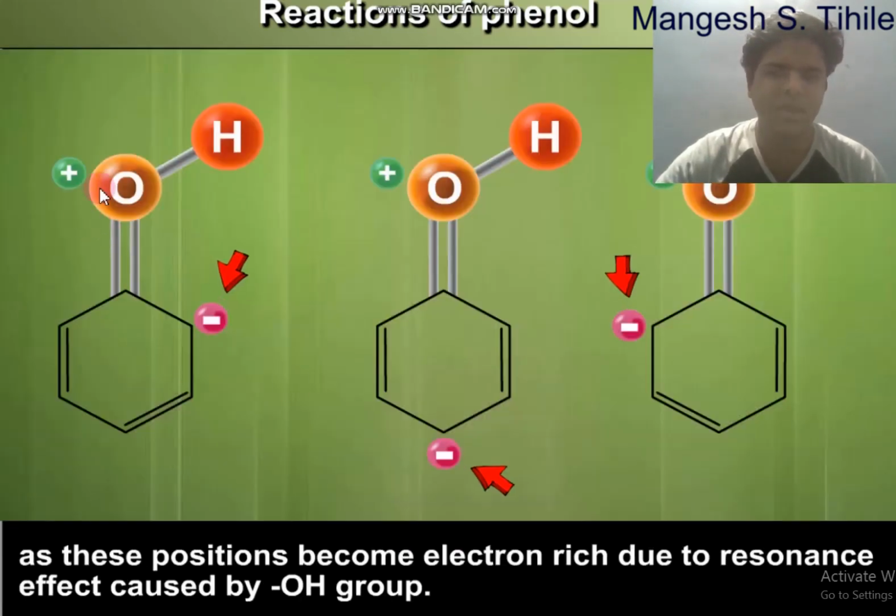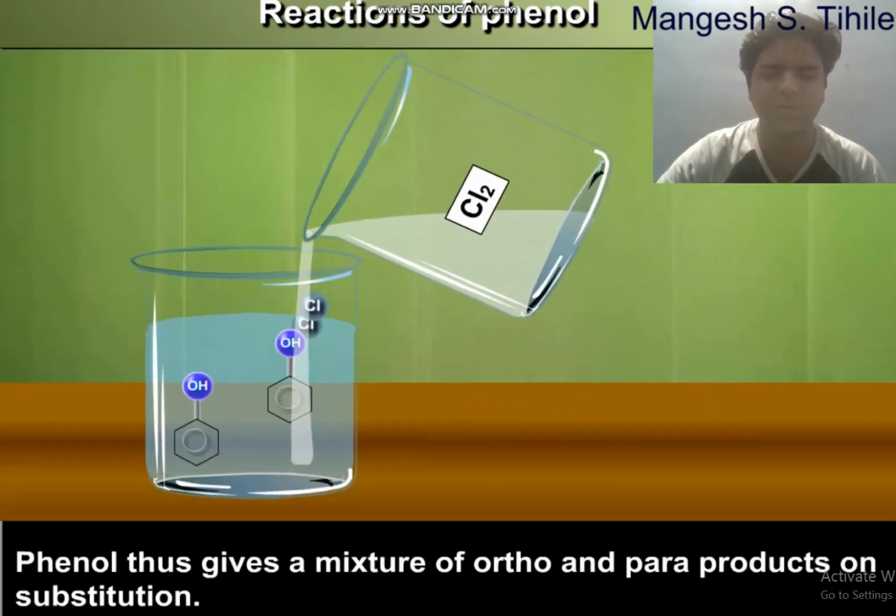Here the ortho and para positions have a negative charge because delocalization of pi electrons takes place from oxygen to the benzene ring, and in this manner negative charge or electron density occurs on the benzene ring. In the upcoming topic we are going to see the resonating structures of phenol. How do we get the negative charge on the ortho and para positions? Now let's see. Here you can see the negative charges on the ortho and para positions.